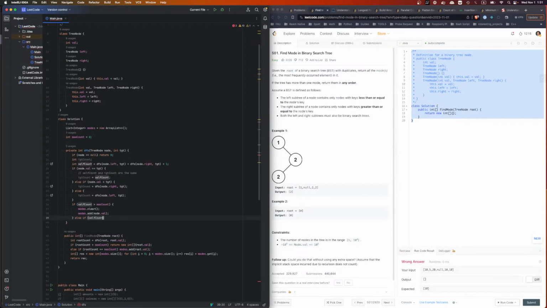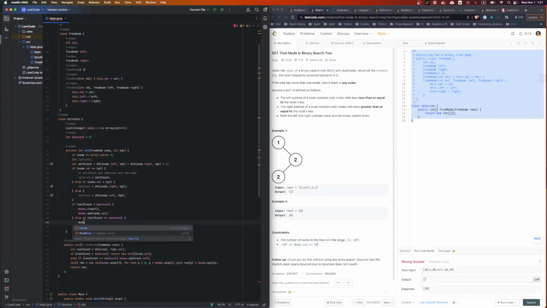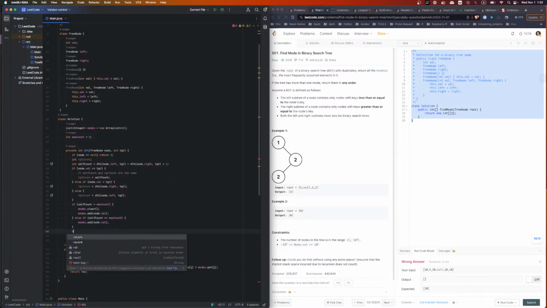Else if self count is equal to max count, then modes.add node.val. Right? And then we'll return target count, because we have a target passing in, which also means that